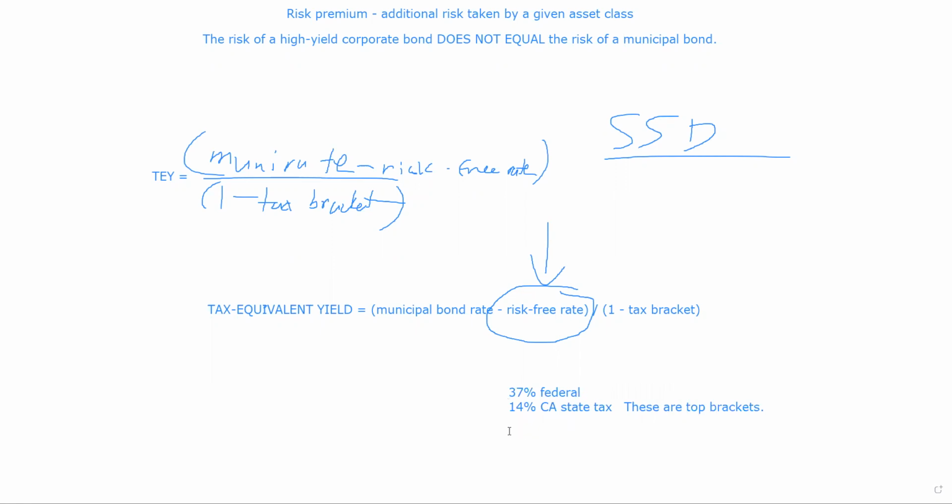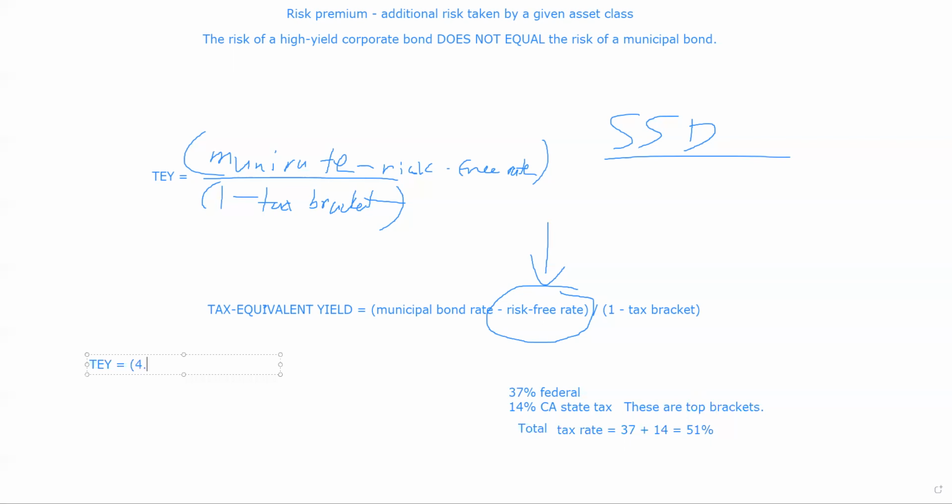Okay, well, that's a total tax rate. Sorry, total tax rate equaling 37 plus 14, right? It's 51. Yeah, so ridiculous. Tax to death in this country. All right, so that's the total tax rate. So what we're going to do now that we've built this formula and we understand it, right? So tax equivalent yield is going to be,